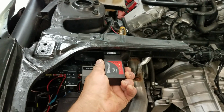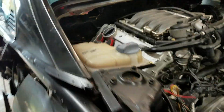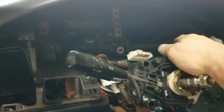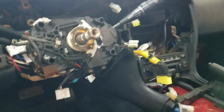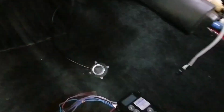I installed an OBD2 back here, and of course, one of these deals, a little torque deal. Now, what's going to happen about that is I'm going to probably, with a little help from you guys, go with a tablet for a dash. That's the way it's going. And I'll probably go for a tablet for the audio as well, and I'm going to change just a few of these things up. Still got the old push button shift. It's still here, and everything still works like it should, except for...